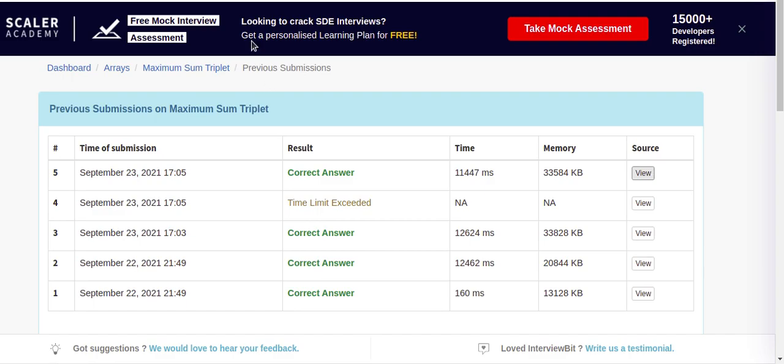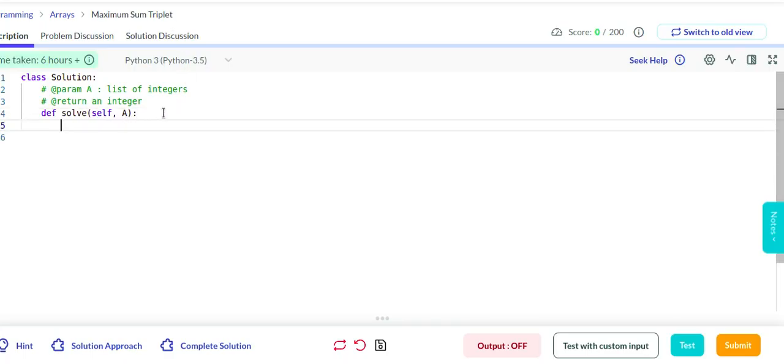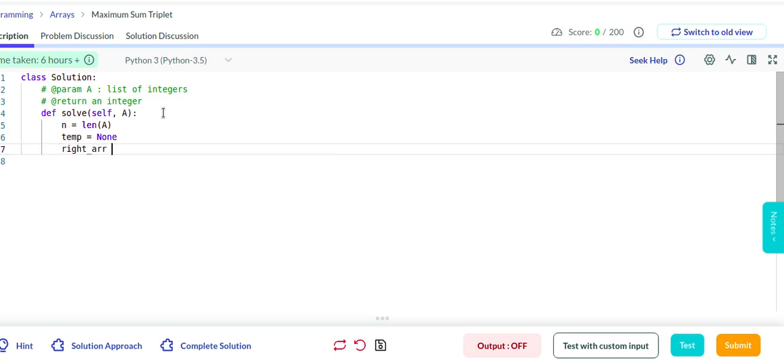Let's see how we are going to code it. Let's say the length of the array is n, and let there be temp, which is none. Initially temp will be none, and let's have a right array. Let's initialize it to none, and the length will be n, the length of the original array. Then we'll iterate through the original array from the last element till the first, the 0th element, and then we'll check if